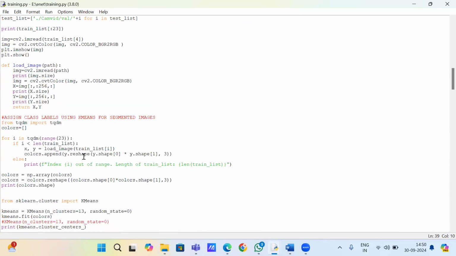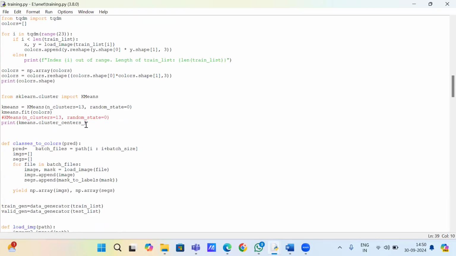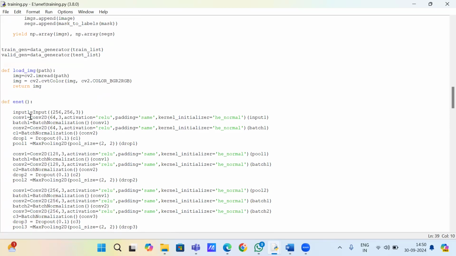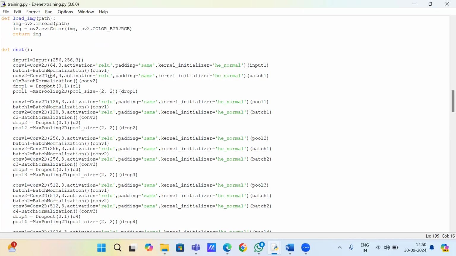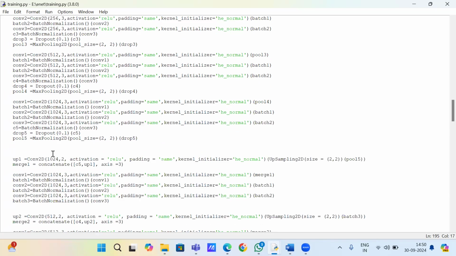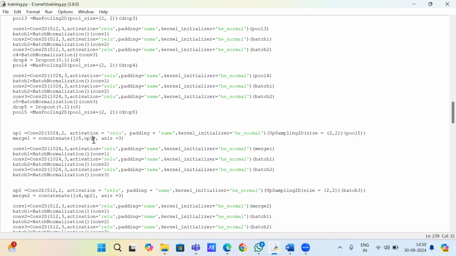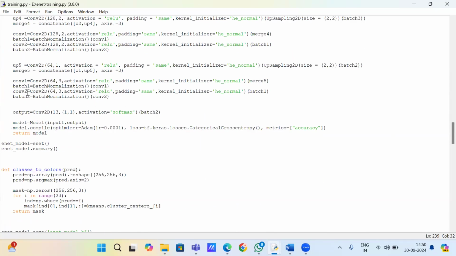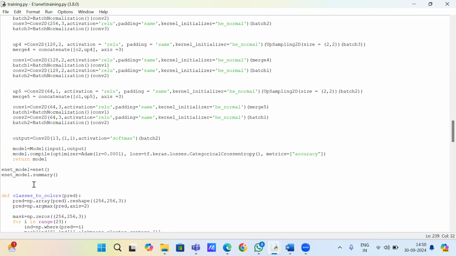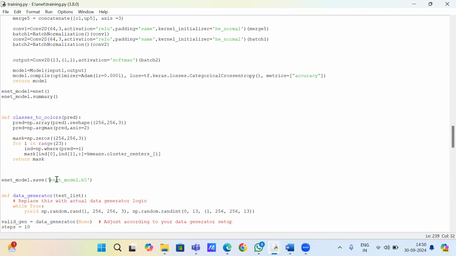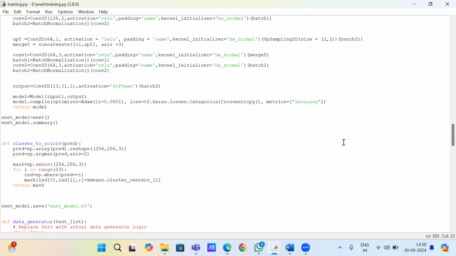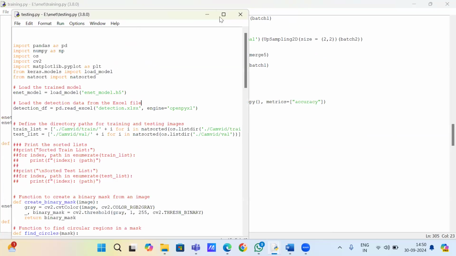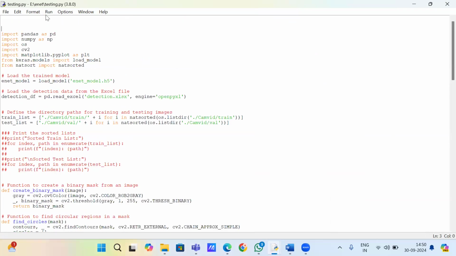Here we are doing clustering, and based on that, we will do convolution 2D. This is a CNN network. First we have given 64 layers, then 2 to 6, and then 64 layers. Based on this, it will come. And finally, you will give 1024 features to this network. Finally, you will get to know the model is ready. Then you will save the model as enetmodel.h file. Now, based on this model, you will predict the images. Now I will run this code.